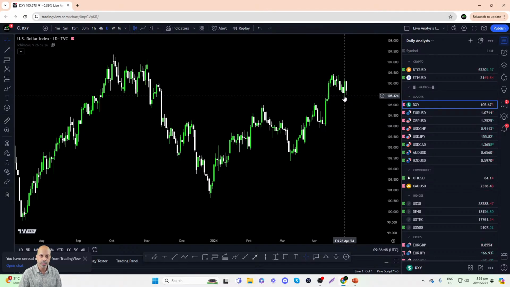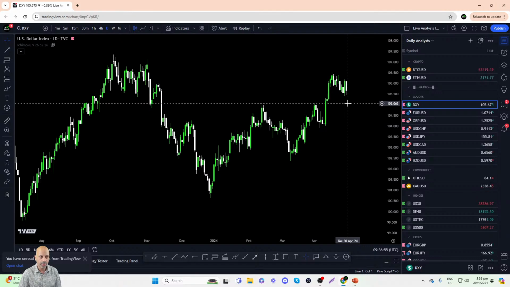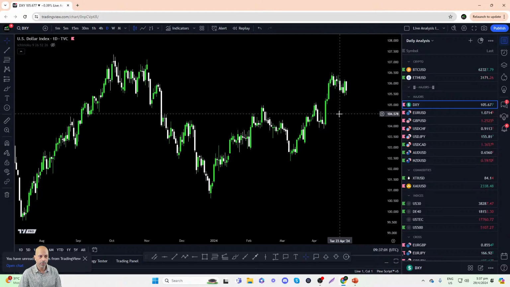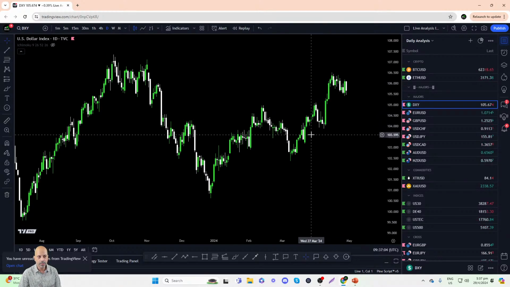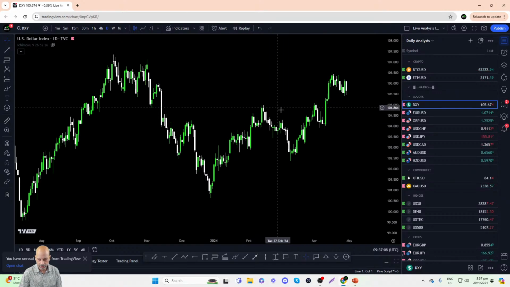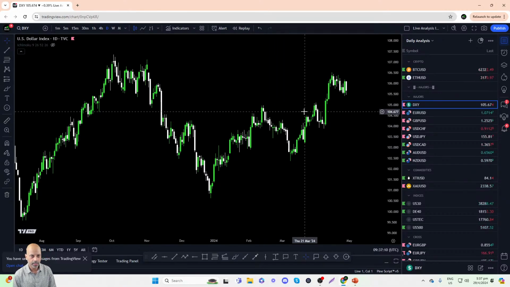Remember, the PCE price index is another inflation metric, and this metric is actually the Federal Reserve's preferred measure of inflation. So on a monthly basis, we saw headline PCE and core PCE come in line with the estimates. However, when we look at the annualized readings, both headline and core PCE were accelerating. Once again, we see sticky and persistent inflation in the US, which is not going to go away anytime soon. So that means the Fed is very likely to keep rates at 5.5% for an extended period of time.